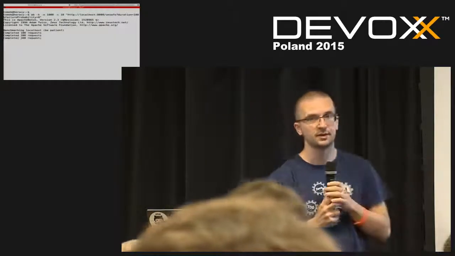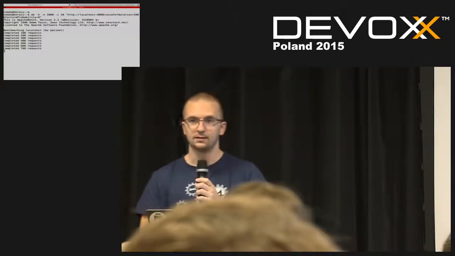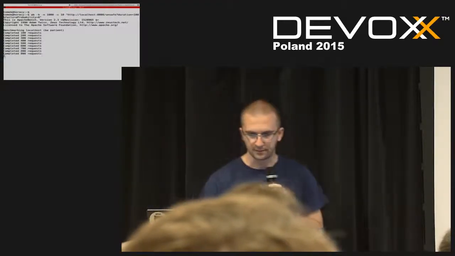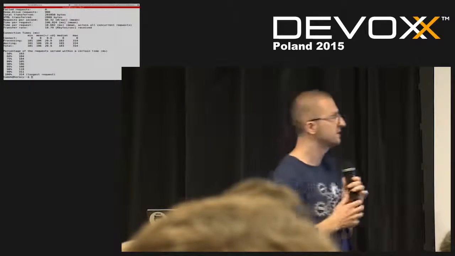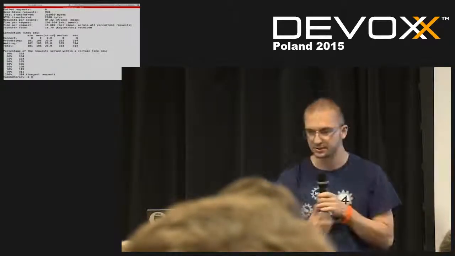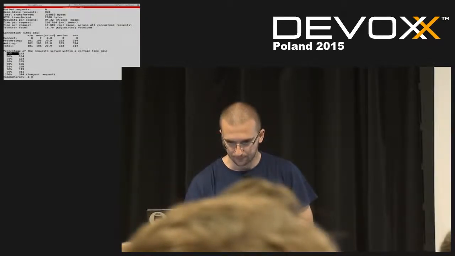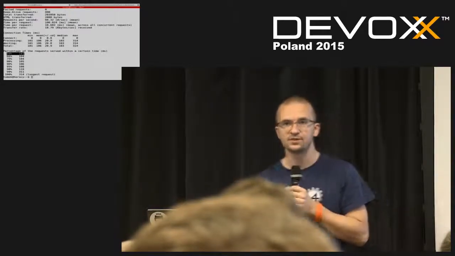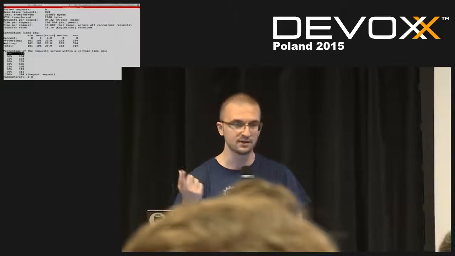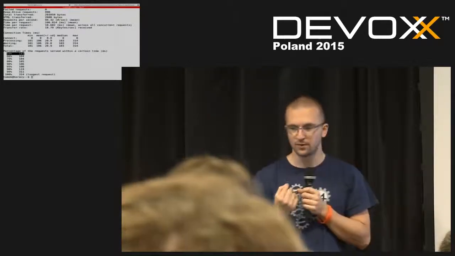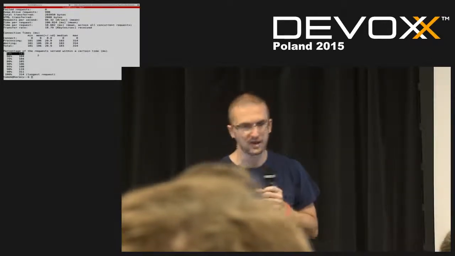I can actually interrupt it at any moment. It's a very simple but useful tool. There are a few others that are interesting as well in that landscape. So I executed the test, and we have a couple of parameters. The first one that's really interesting for us is this one. This is basically a median, not an average, but a median. It tells us that of the 1,000 requests we executed, 50% of the requests were faster or as fast